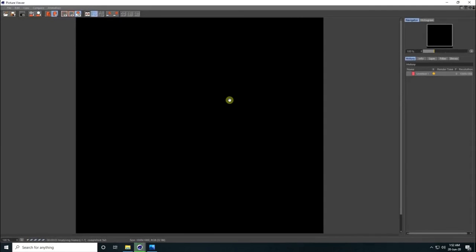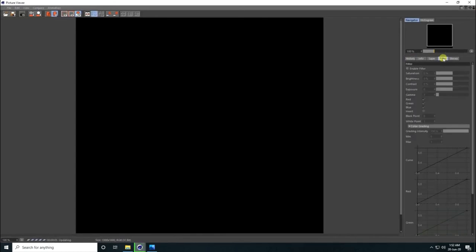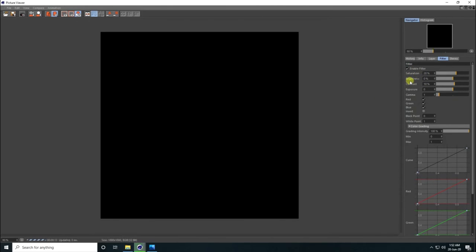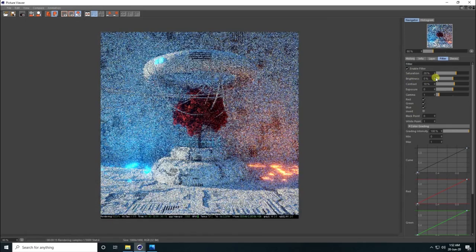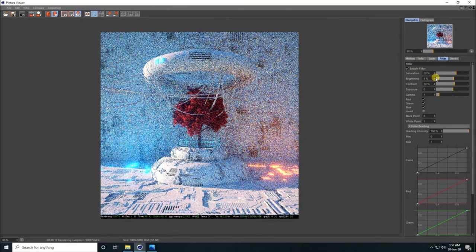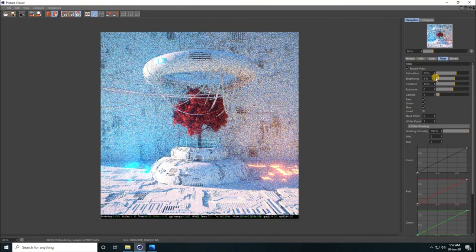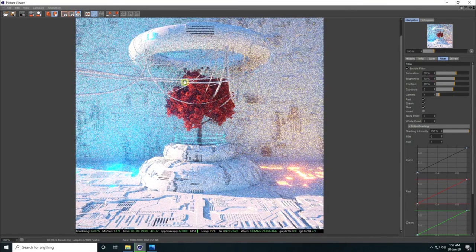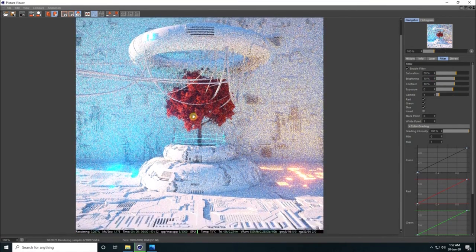Okay, so guys, I also take some color correction. So go to filter, enable filter, check saturation, I take 20 and contrast 10. And guys, you can also change this brightness. Yes, brightness a little bit increase, like 5 and 10, depending on your work. See, right? Okay, so guys, see, that's my final